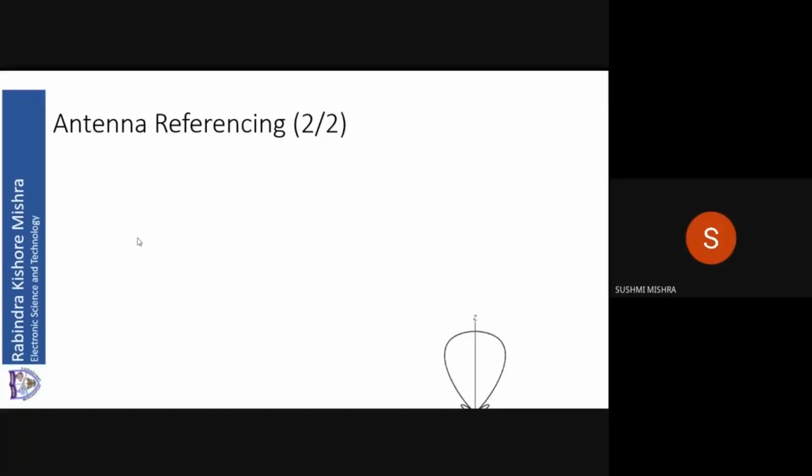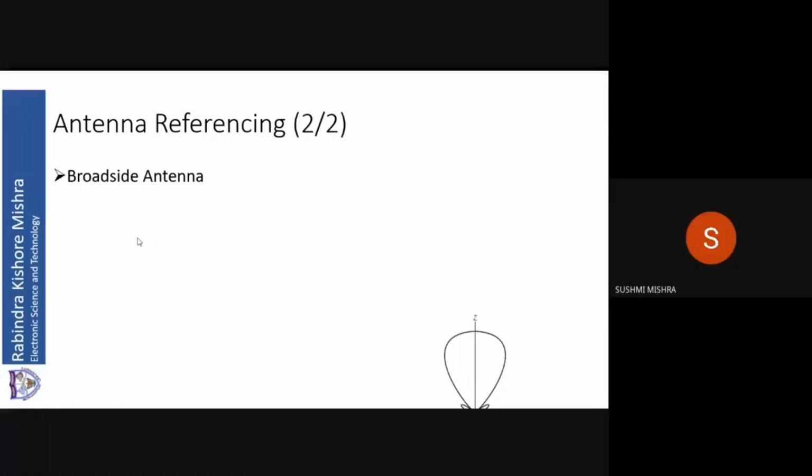Now look at this picture. It looks like a fan blade and it is along the Z direction. I am taking this picture for a dipole antenna. This type of beam is called a fan beam because it resembles the blade of a fan. Of course, nowadays you don't find such a blade in a fan, but this comes from the old days when fan blades used to look like this. The main beam looks like this.